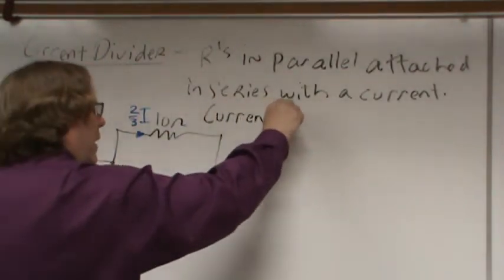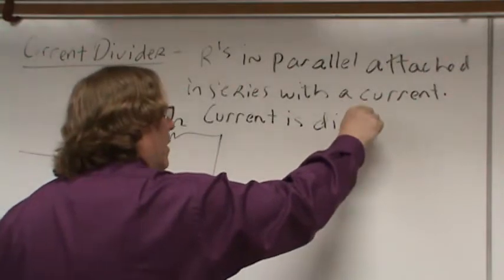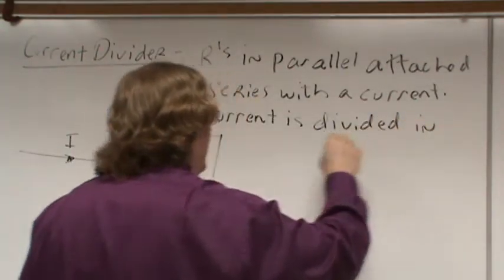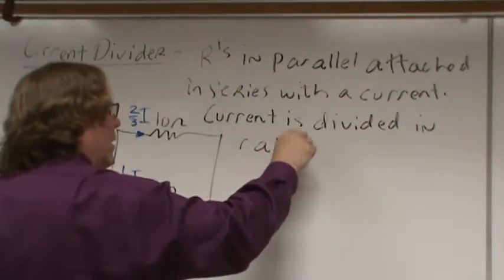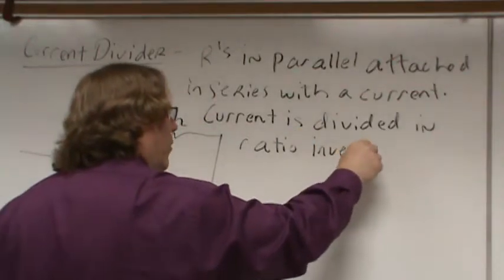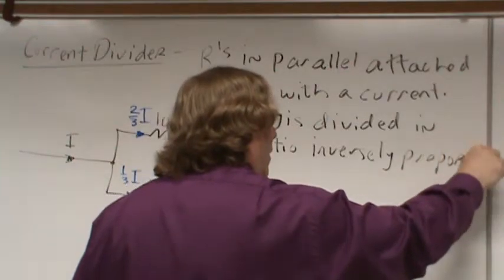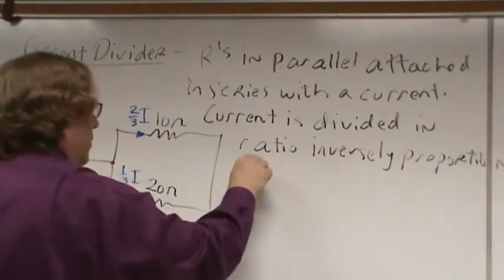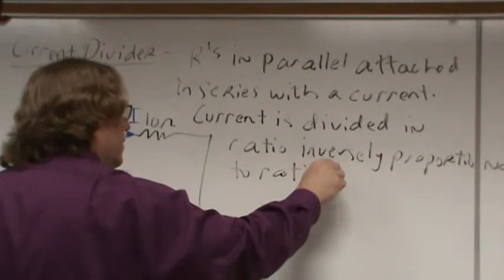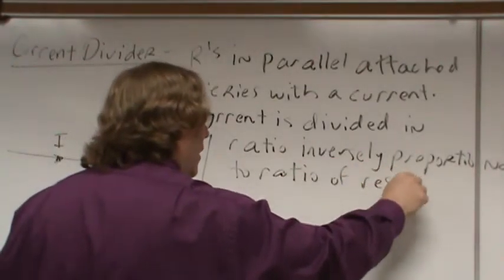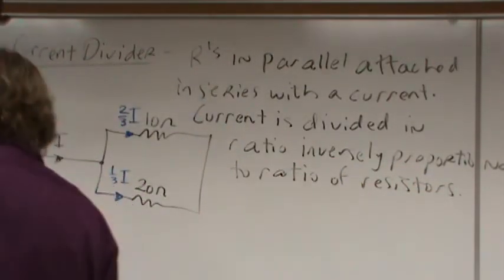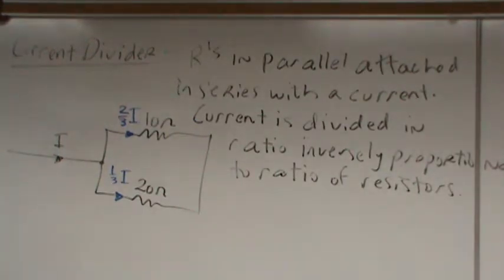Current is divided in a ratio inversely proportional to the ratio of the resistors. I blame the chair. Okay, so